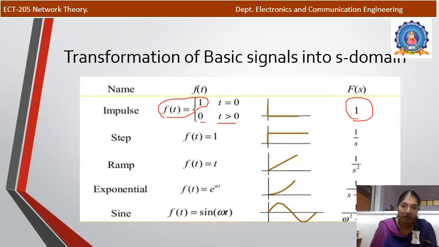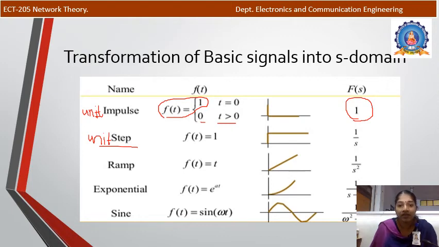And another basic signal that we use for the analysis is the step or unit step. We call the impulse a unit impulse because its amplitude is 1. If its amplitude is a, we call it just an impulse. Similarly, we call this a unit step when the amplitude is 1, and if the magnitude is 1, 3 or 4, we call it just a step signal.